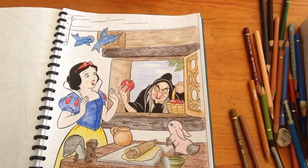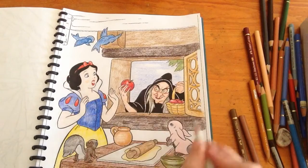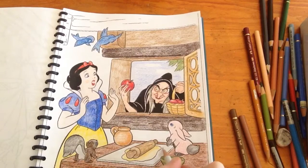I just did this like a really, this is Polychromo Cold Grey #1, because it kind of, to me, it was